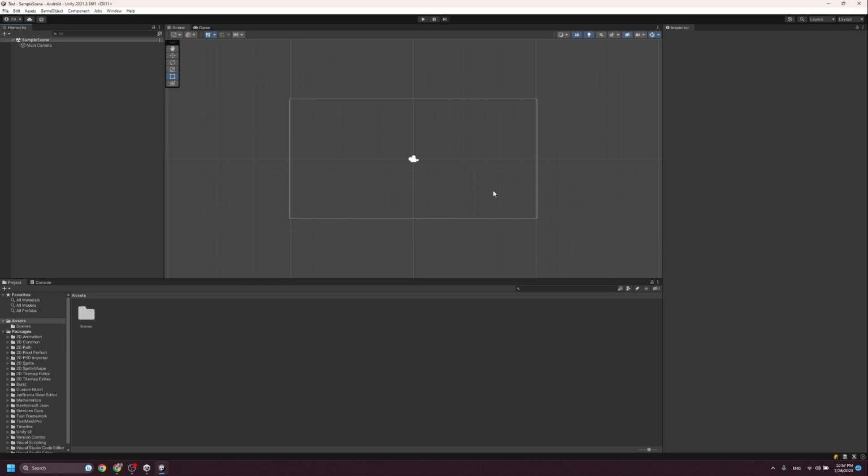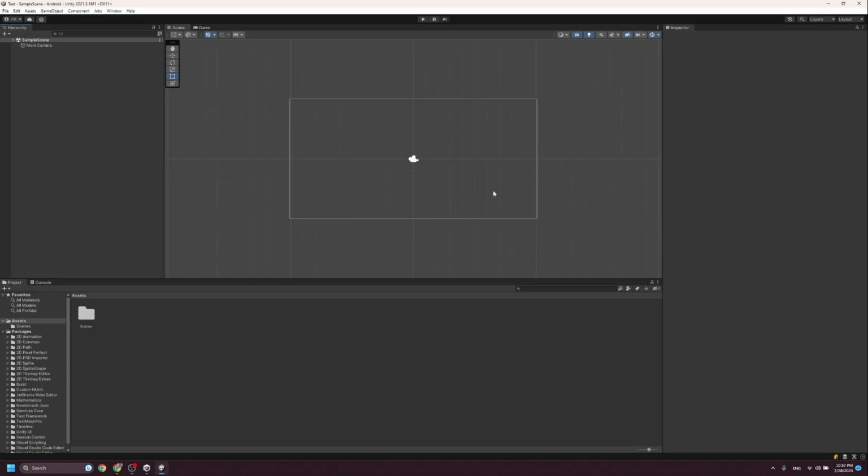Why? Because Unity and Google did not update their documentation on this matter and they have old code with new documentation and new documentation with old code. It's a mess and I don't want you to go through that mess. Therefore, today I'm going to take you step by step into the process of implementing Google Play login inside your